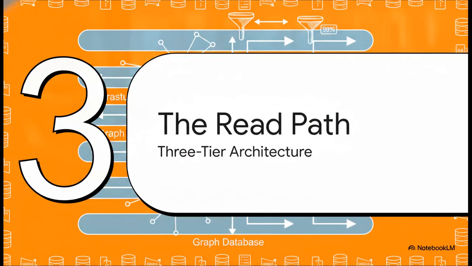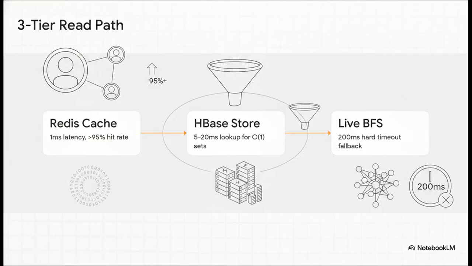Moving on to Section 3, the read path. We're looking at the 3-tier architecture. Because live computation is just way too expensive, our read path has to be this beautifully layered abstraction. It's designed to handle 99% of our traffic gracefully before doing any actual heavy lifting. Picture it like a